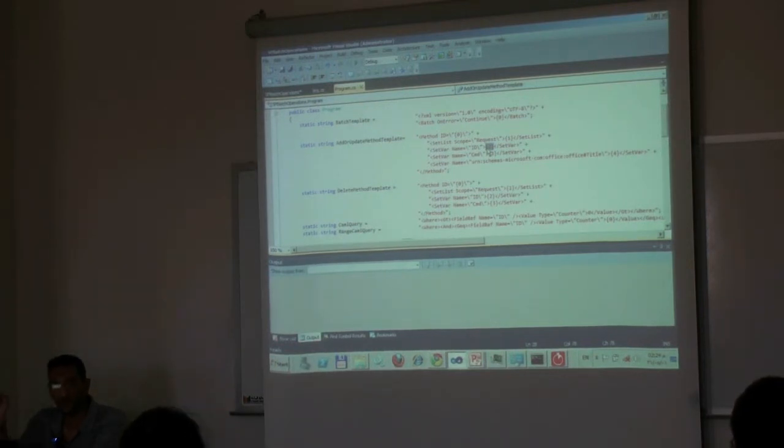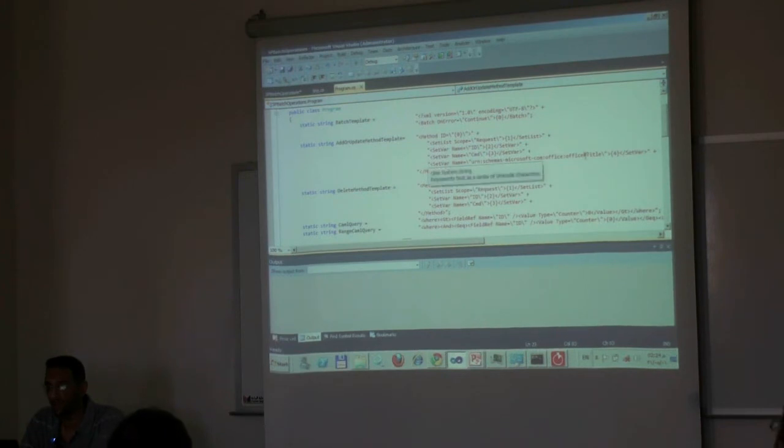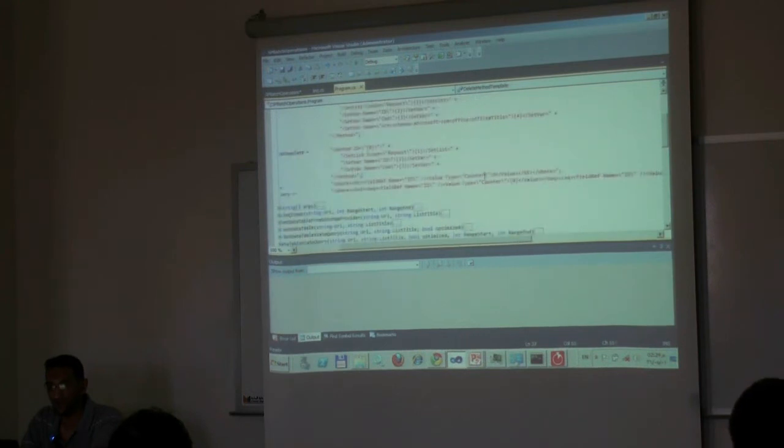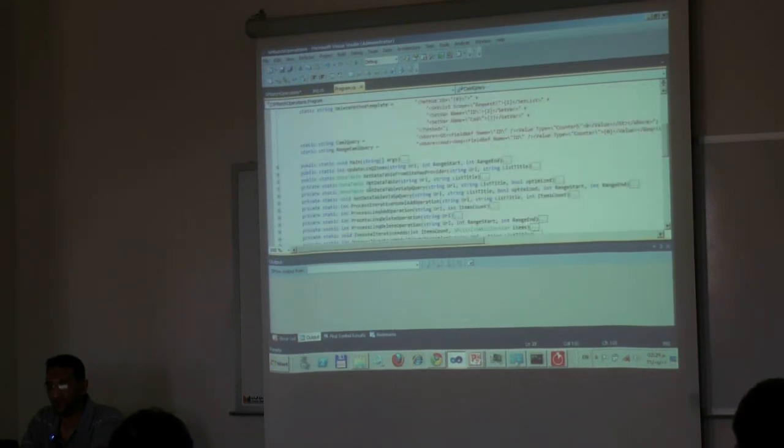Or you specify the real ID if you are performing a delete or update operation. If it's still not created, you just write new. And the CMD is here also, whether you want to delete or update. So these things you provide here. And finally, the title or the other field attributes you'd like to perform, you do them here. So if you have more, a CAML query or something like this, we'll be discussing this. So first of all,